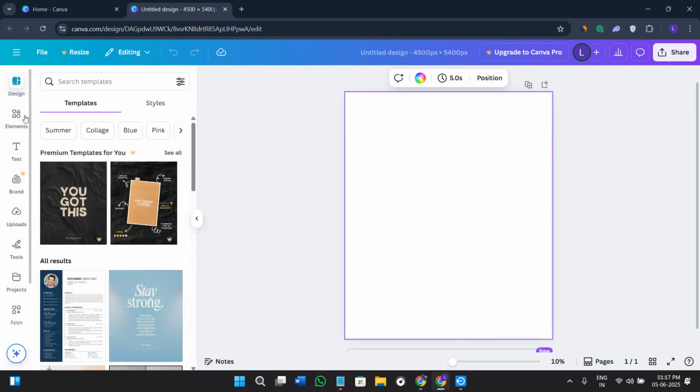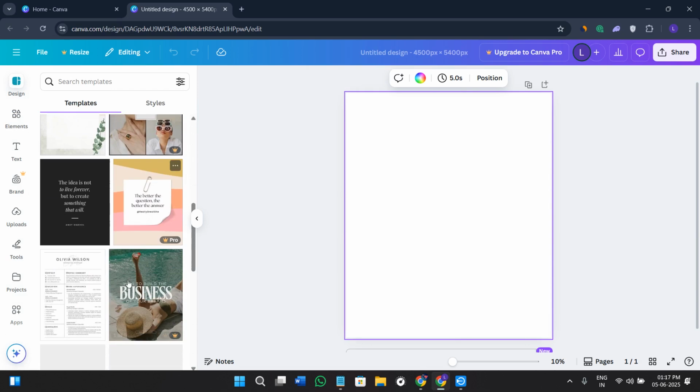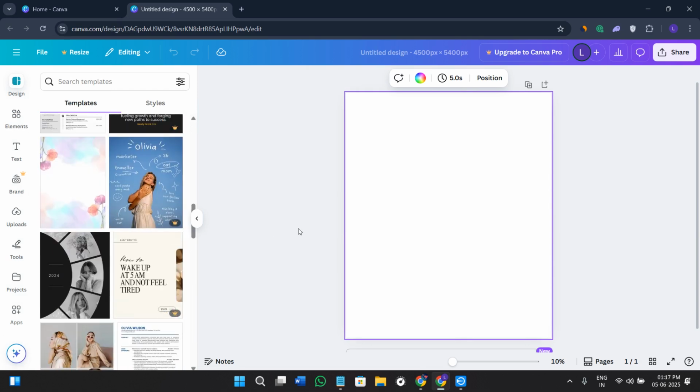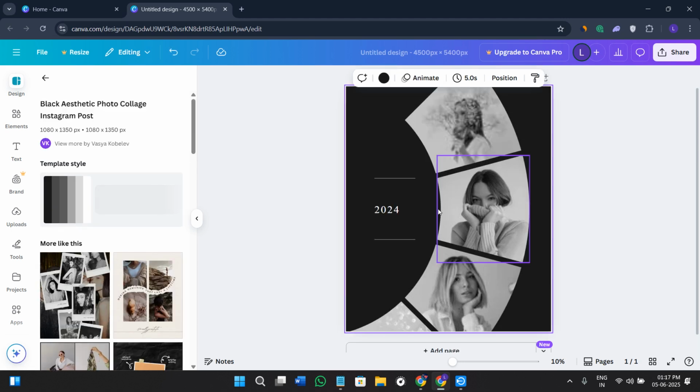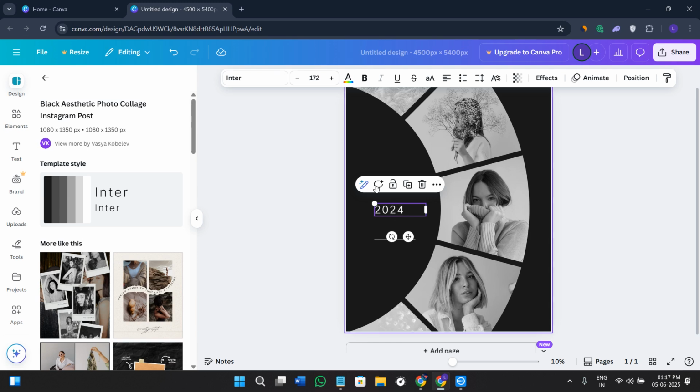For that, simply hover over to the left hand section and click on the design option. These are some of the templates that you can add in your board and then you can customize these. You can think about the theme like funny quote, brand logo, or any graphic. For the sake of this video, let's say I want to select this particular design, or this is the design that you have created. Now over here, in order to arrange the text, you will have to select the text,